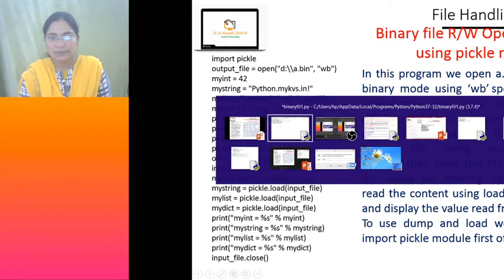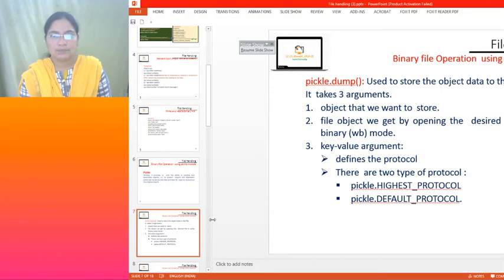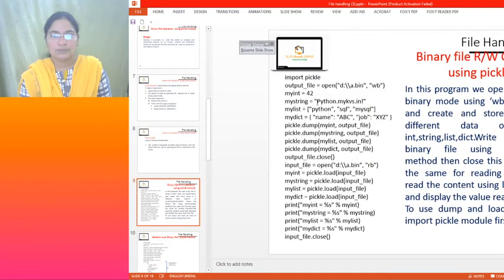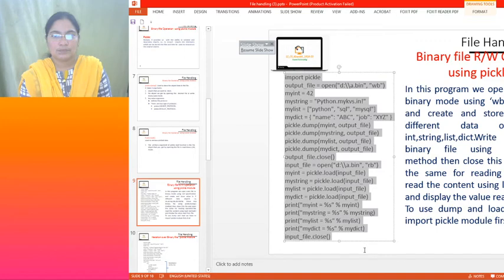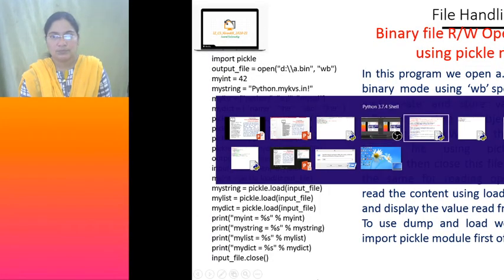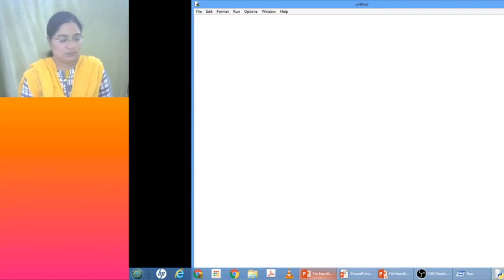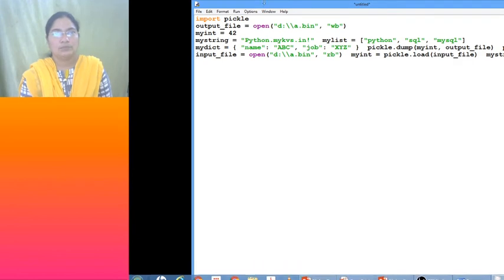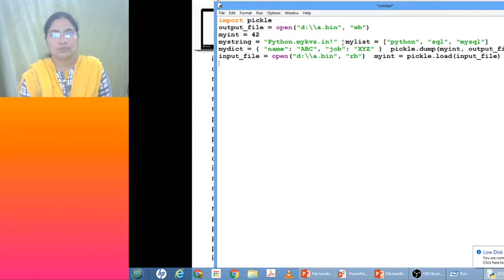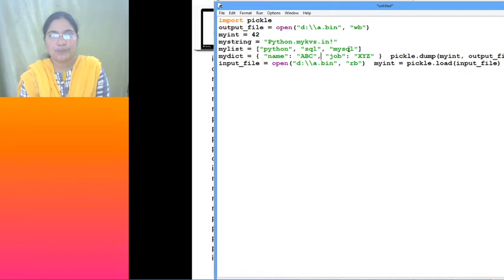Let's execute and see. Pickle module. My list, my dictionary.